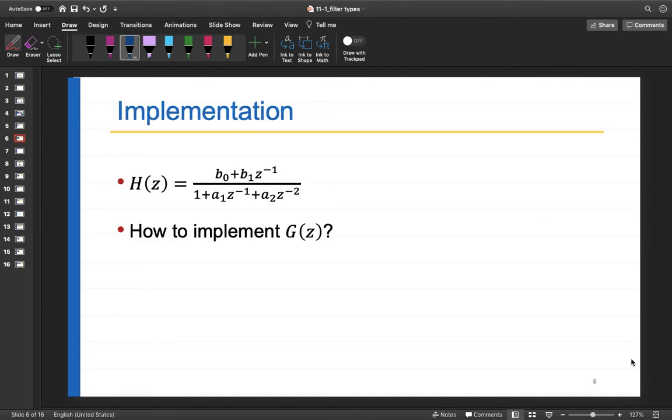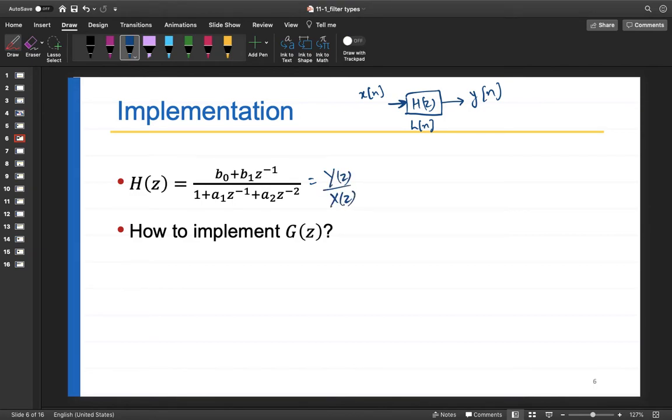Now the question is, how do we implement this filter? First let us see how we implement h of z. Basically, what is the meaning of implementation? You have an LCCDE, right? You have some input x of n, and you have the filter h of z, or you can say h of n, and you have an output y of n. Let me write it in terms of y n and x n. So this is equal to Y z upon X z,